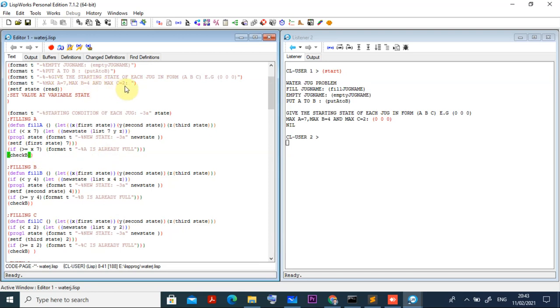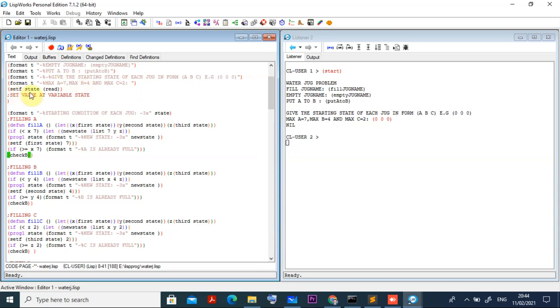So my goal state is that in the second jug I want to put 1 liter. 1 liter capacity is not there. I am telling you, jug number A 7 liter capacity, jug number B 4 liter capacity, and jug number C 2 liter capacity. So this is already existing, and my goal state is what I have to write here. So I have to fill jug number B with 1 liter, because 1 liter measuring is not there, but anyway I have to apply something. So using this artificial intelligence.